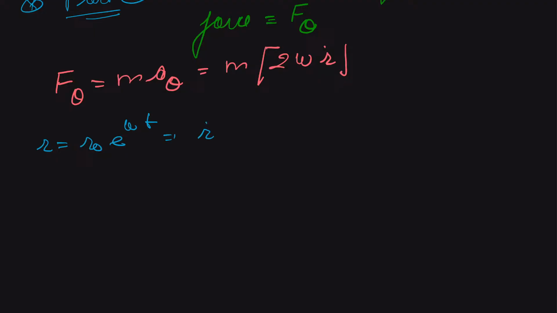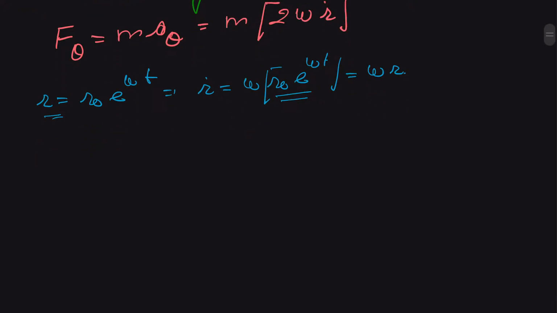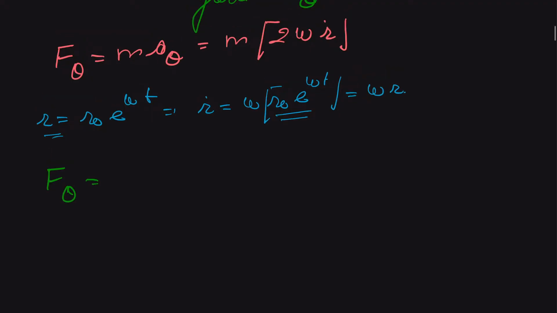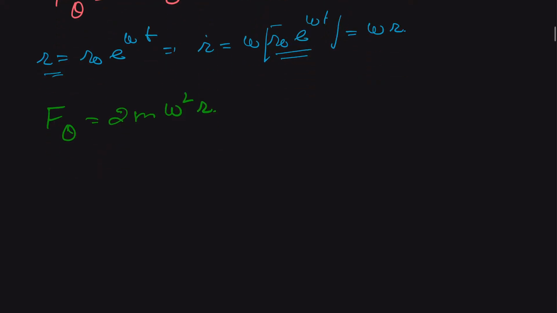Therefore its first derivative will be equal to omega r naught e raised to power omega t, and this term is nothing but r. So we get the first derivative is once again equal to omega times r. Therefore we can write that F theta is equal to twice m omega square r. And so this is our magnitude,